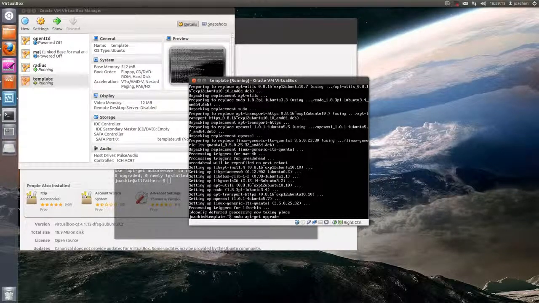This is what I got for this video. In the next one we are going to look at how to clone the template we just made, and then we are going to install LAMP server on the new clone we are going to make, which is the actual web server. Until then,